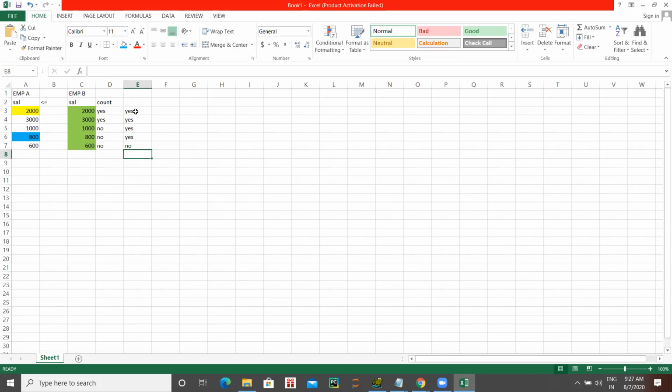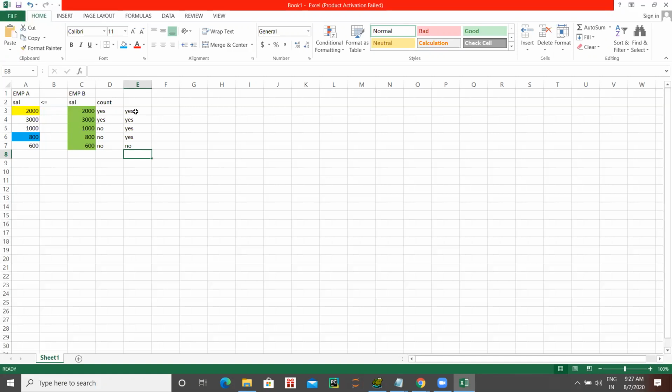When you are explaining anything to your interviewer or your colleague or your friends, try to explain in this way. Anybody can write a query, but try to understand how it works. So this inner query is counting this one. And how many yes are there? Yes means this condition, smaller than equal to, is satisfied. That many count it is giving.